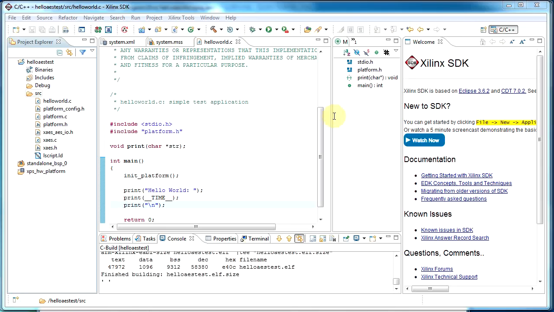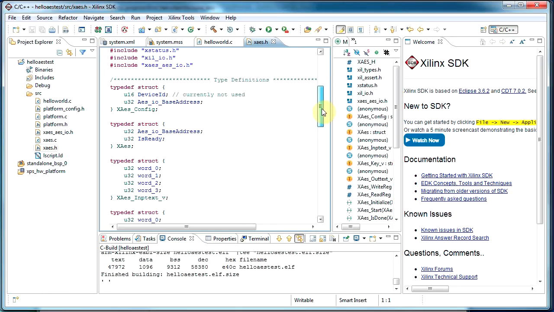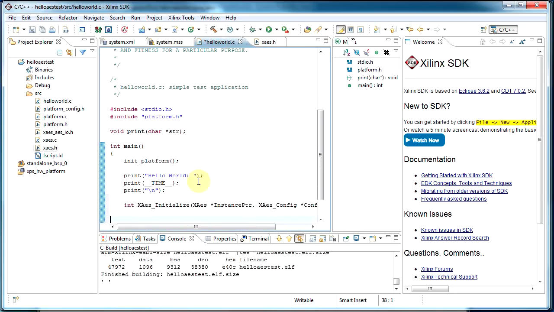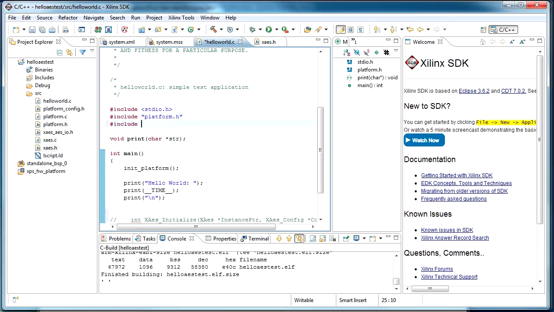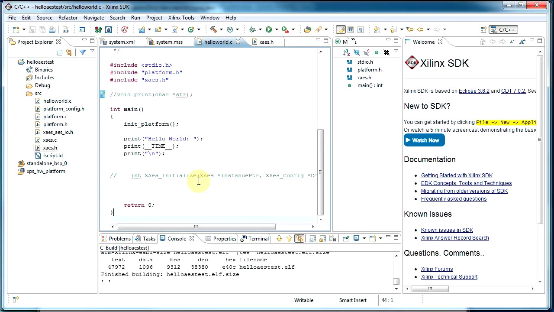What do we need to do? Well, you'll want to look at this AES .h file. So obviously the first thing we're going to call is this initialize function, and it takes two pointers, so we need to make those. Well, the first thing we actually need to do is include that xaes.h file. Oops, and print gets defined somewhere else. So we comment that out. All right, so now we make xaes, I'm just going to call it AES,